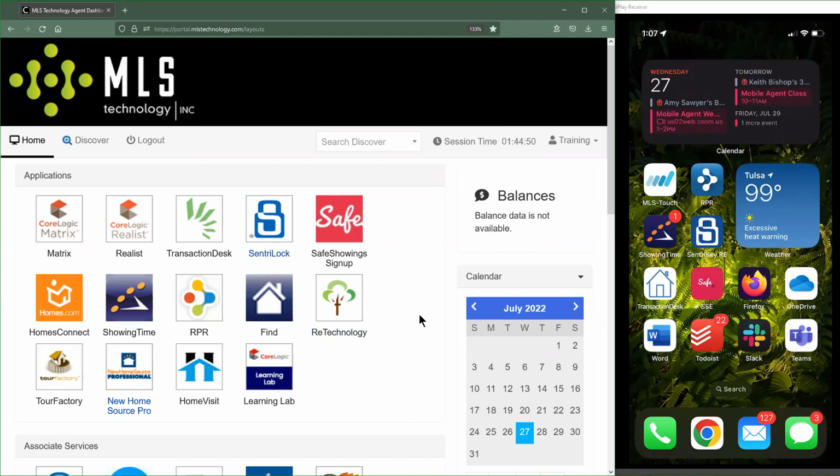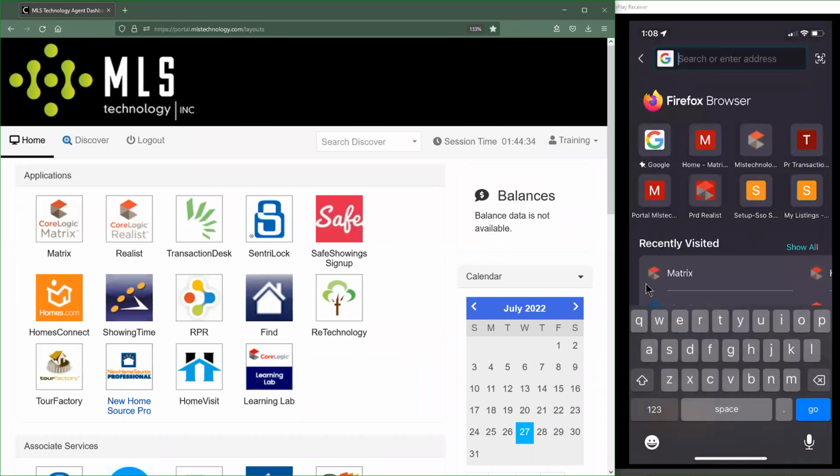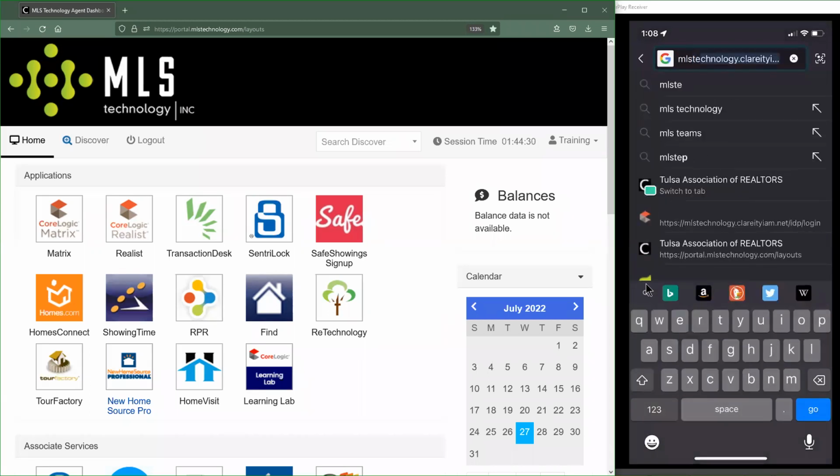Now, what that mobile equivalent looks like is going to vary depending on which app you guys happen to be using. So for instance, if we're trying to get into Matrix, we do have an app that's the equivalent of that called MLS Touch, but you guys can also get into Firefox, Chrome, Safari, whatever you guys want to use, and just sign in to mlstechnology.com.